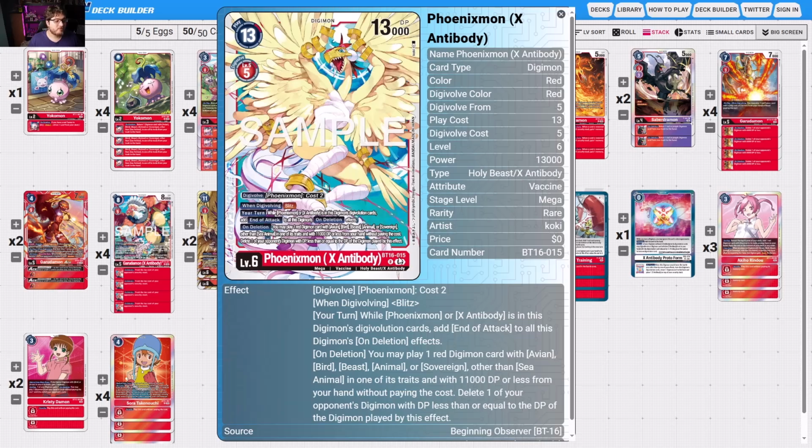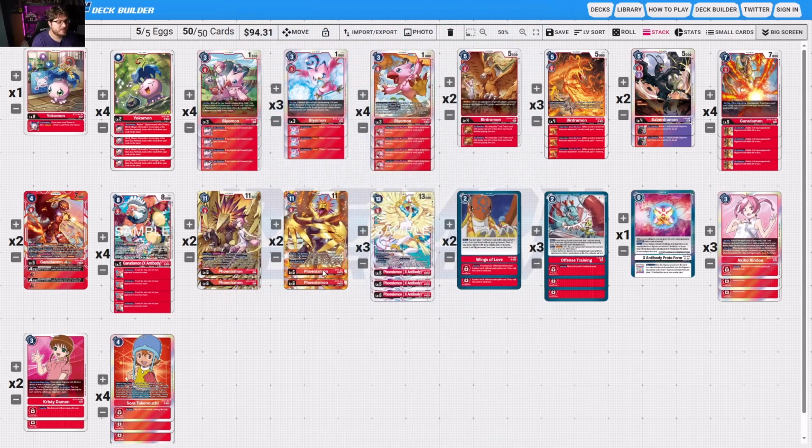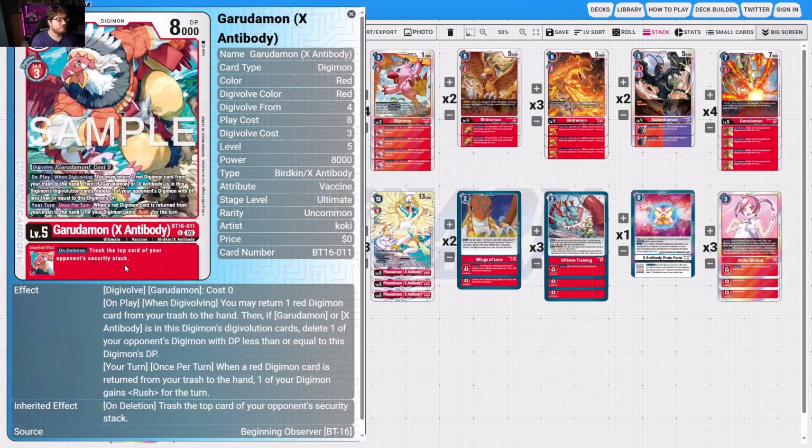There's quite a few. And then on deletion, you may play one red Digimon card with Avian, Bird, Beast, Animal, Sovereign, other than Sea Animal in one of its traits with 11,000 DP or less from your hand without paying its cost. Delete one of your opponent's Digimon with DP less than or equal to the DP of the Digimon played by this effect. It combos off really nicely with your Phoenixmons, and we do have the new Garudamon X Antibody